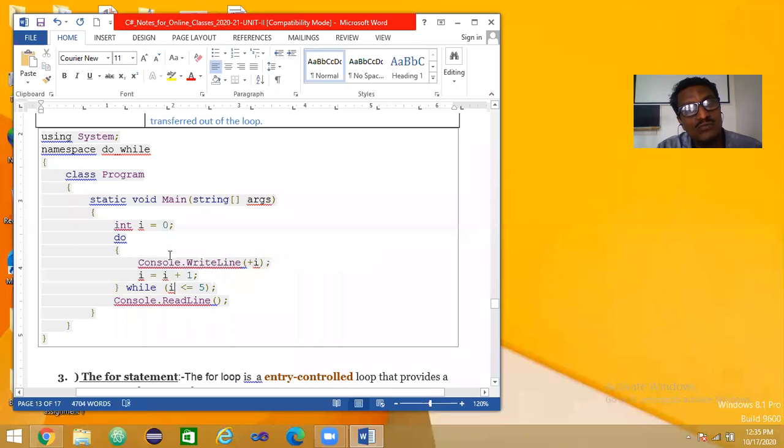Once the I value crosses this 5, that is, once the value of I equals 6, that time this condition becomes false here. So in the meantime, all from 0 to 5 will be printed: 0, 1, 2, 3, 4, 5. Once the value crosses this 6 here, this condition is violated. I is less than 6? It is false. 6 is less than 5? It is false. That time